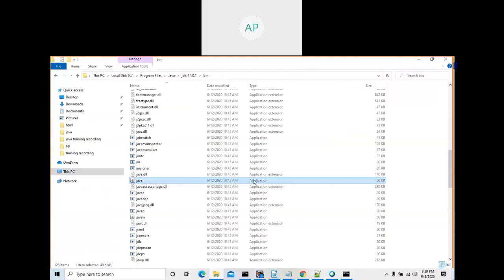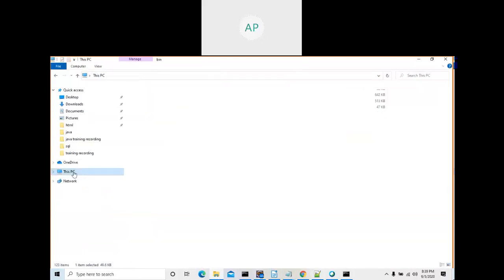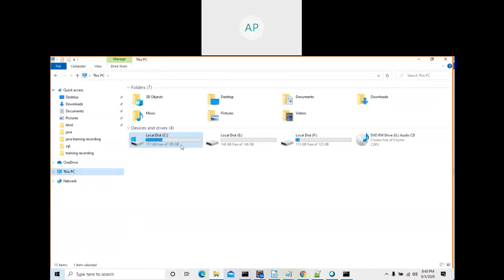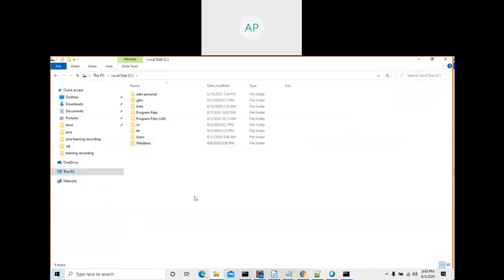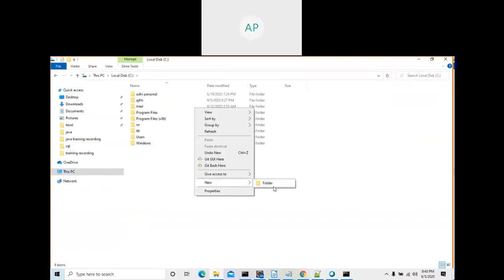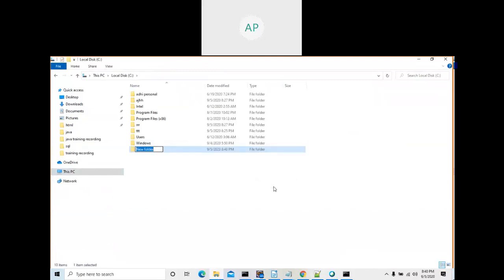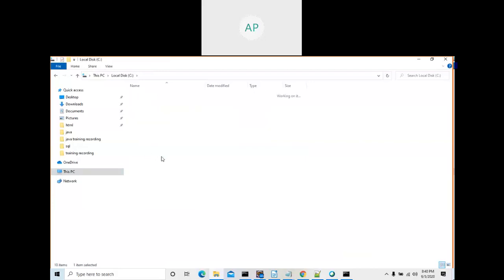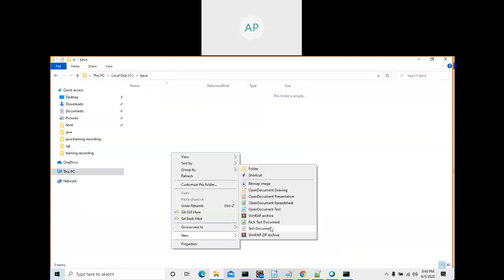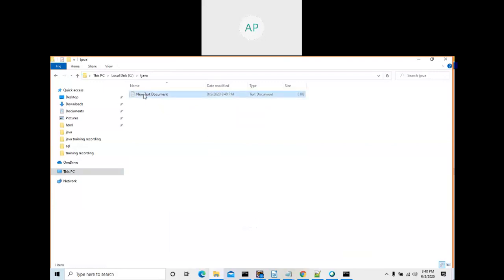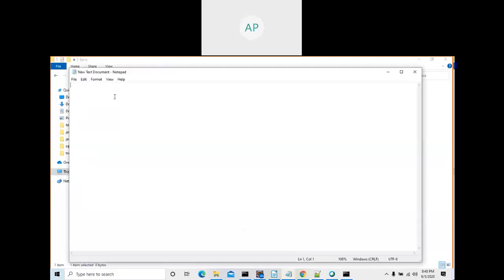First of all, let me go to some folder. Let me create one folder. You know how to create a folder. Here, right click, new, and you can create a folder. So let me create a folder called test Java, something like T Java. Now in T Java, create one Java file. How will you create a Java file? Right click, new, so open this one. It is open in the notepad, right?